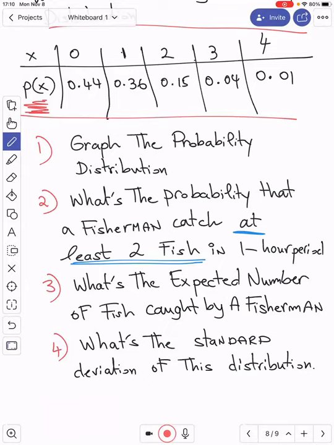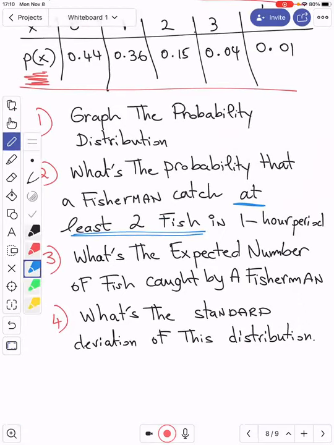So, let me discuss number 2. For number 1, the graph, I hope you know how to graph this probability distribution. Again, it's just the histogram. This is exactly what we had in the previous examples. Now, for number 2,